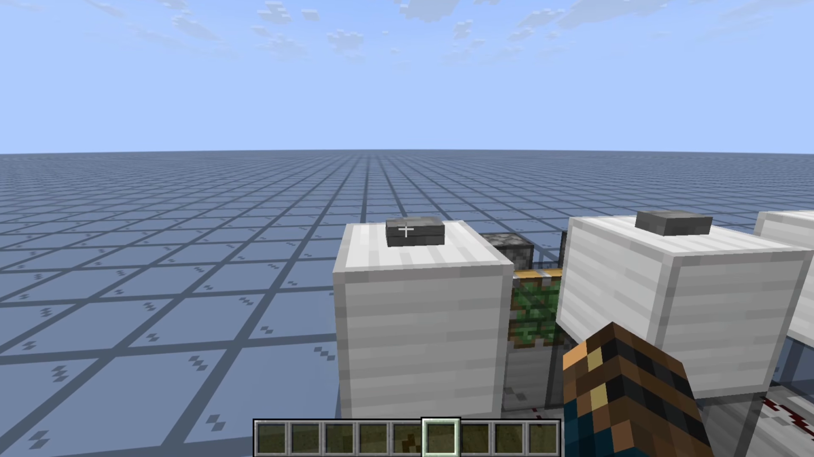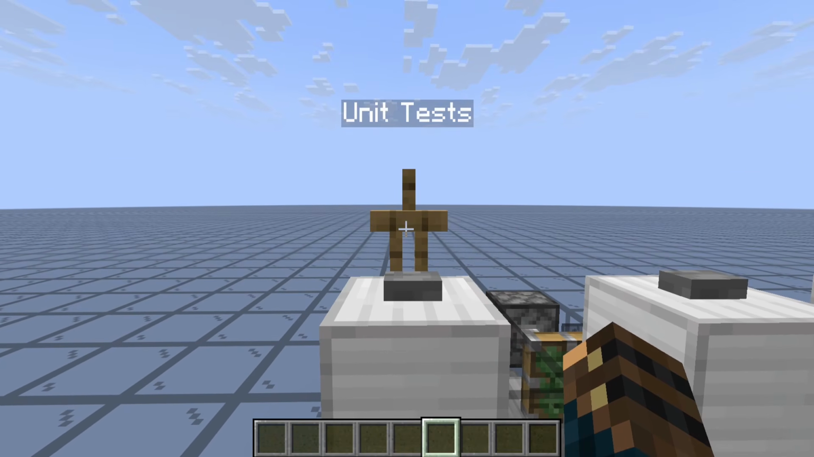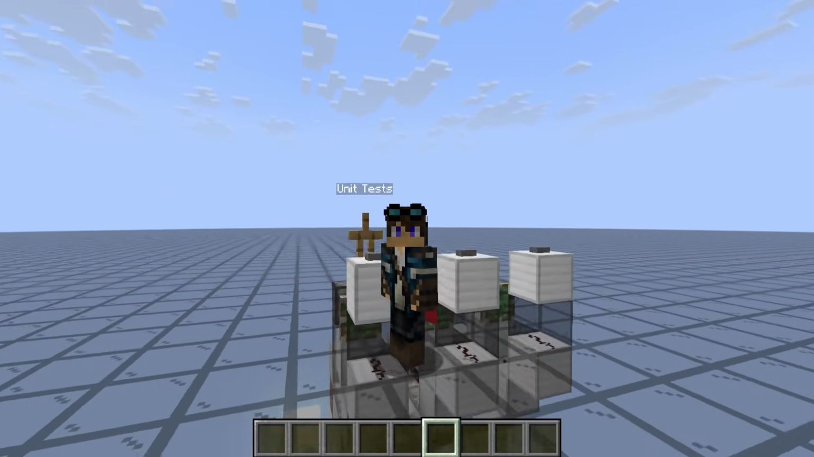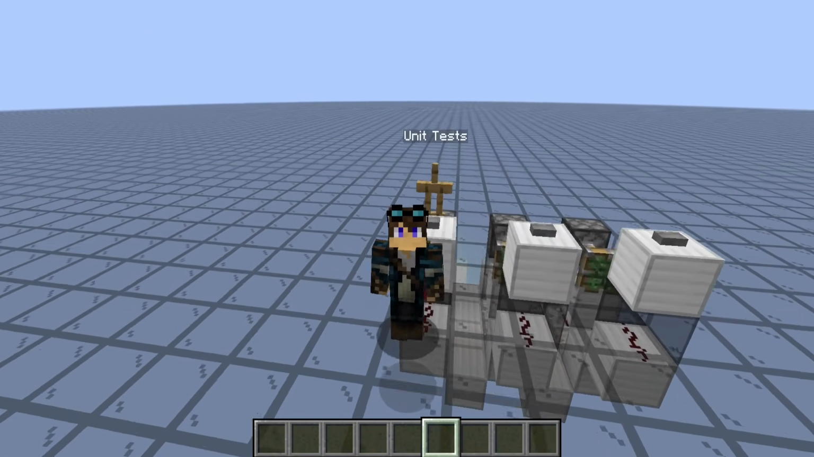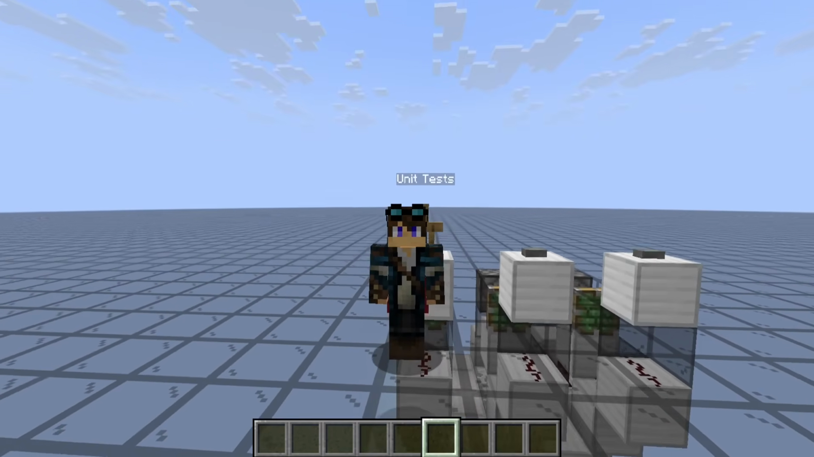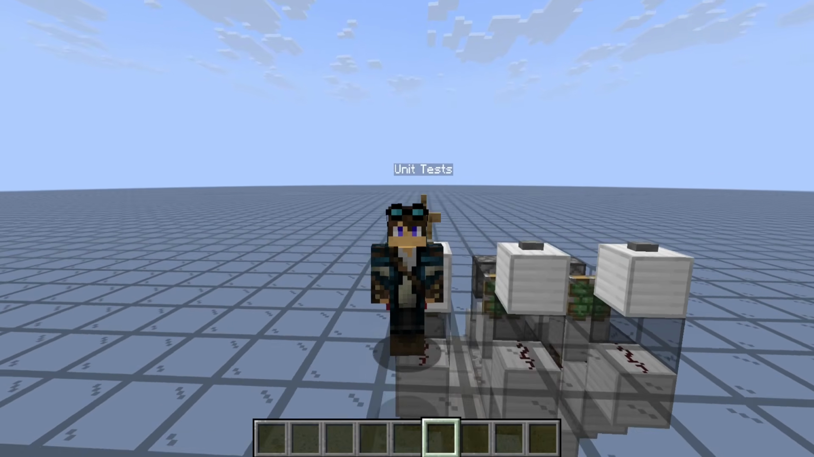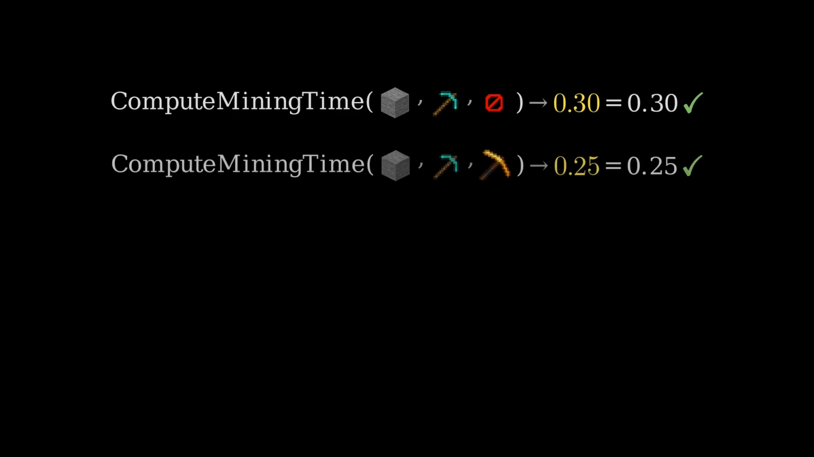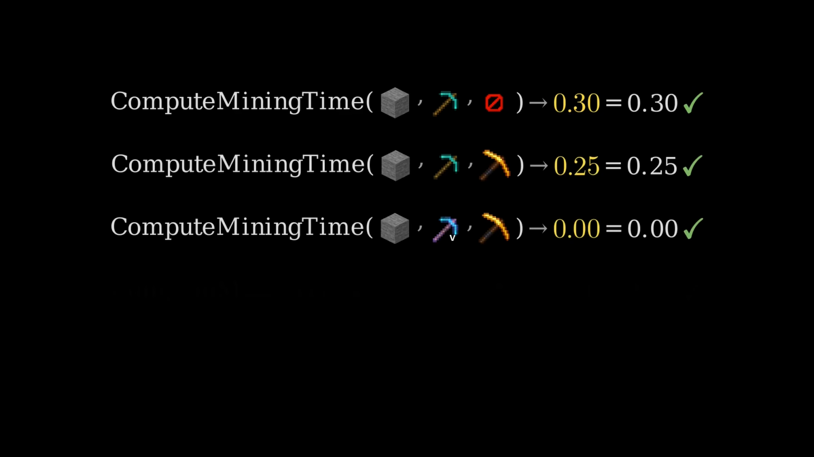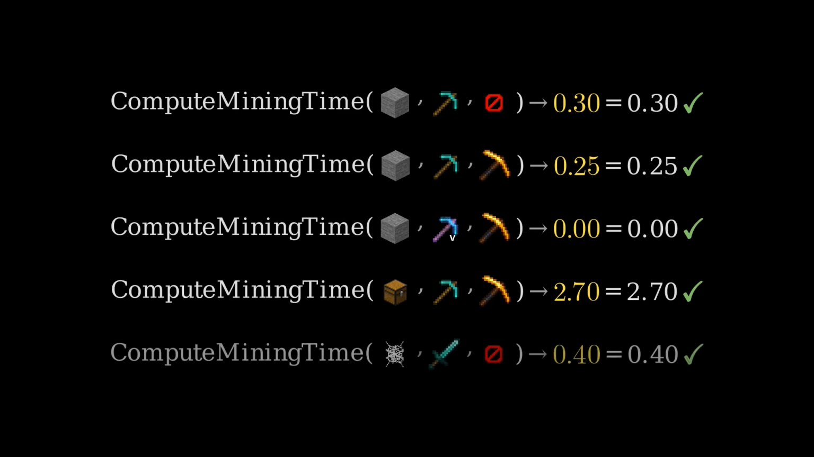Let's start with the first layer, the unit test. Unit tests are pretty simple. You take one function in the codebase, you feed it some input, and you check the output is actually what you think it would be. We can check an example with the function compute mining time. It takes as input a block, a tool with optionally some enchantment, and some optional effects like haste, for example. We can run this function against a list of known inputs and check that the return time is actually the